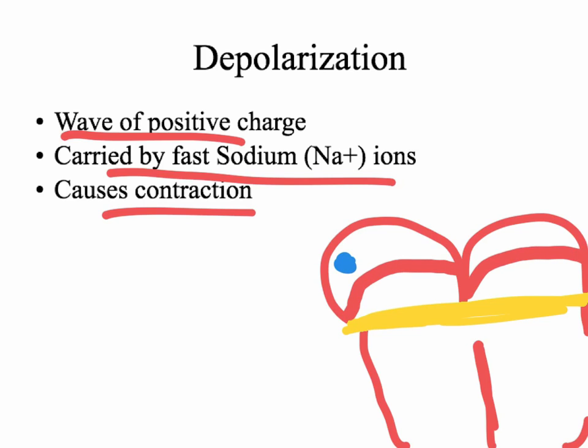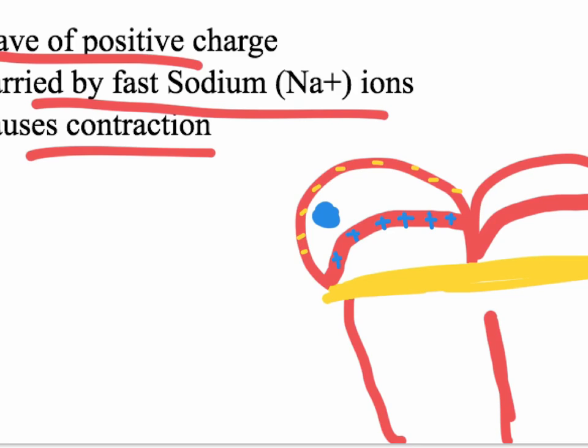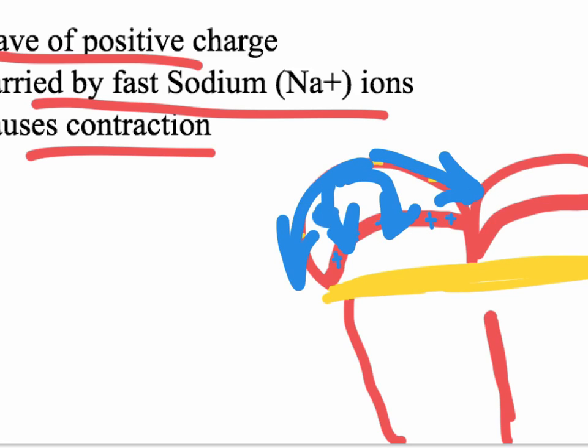And what you see happening is essentially, if we were to zoom into the level of the cell, we would see that these all started off negatively charged, and then we have this wave of positive charge that came through and caused a contraction. The positive charge initially was sodium, and the contraction is caused by calcium. What you can't see, because it's hard to do in a two-dimensional picture, is that even though the depolarization begins right here and it seems like it's just moving in two directions, it's really moving around into the front and around into the back, and it's moving down the sides. So it's moving sort of in a spherical shape,